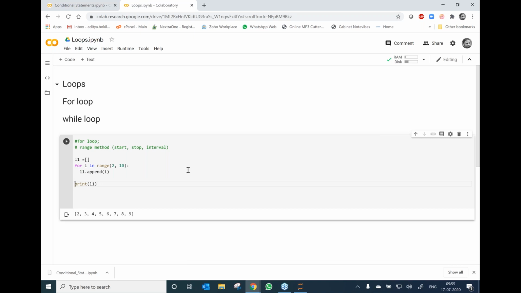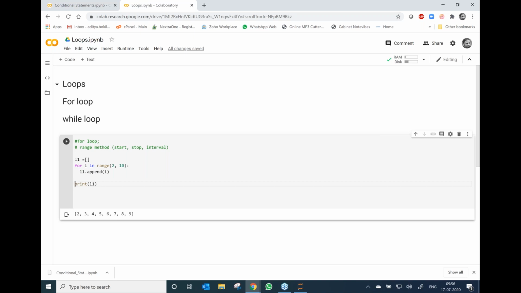Got it. For others also, what happened here: Aditya put this print inside this for loop. As I told you, inside the for loop, every time it will append one by one.